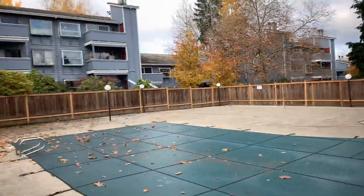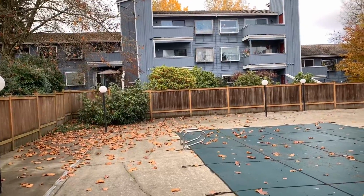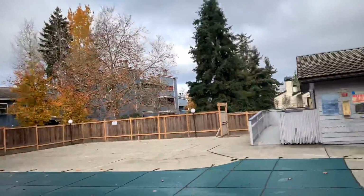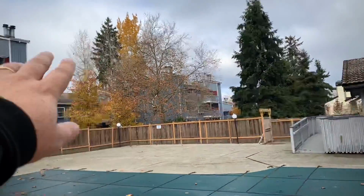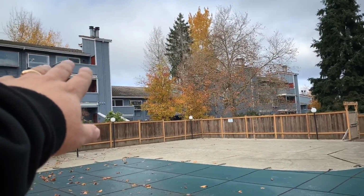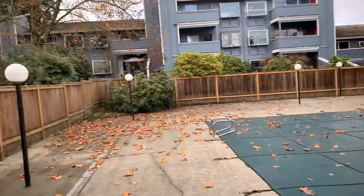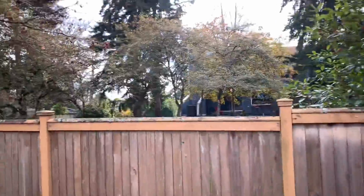Okay, I'm at Wildermere, and we're doing a bid for McPherson. We came out here once before, and this is out in Mountain Lake Terrace. We did some concrete work out in the parking lot, which is on the other side of these buildings. But I'm here at the pool right now, and I just want to say for project managers,